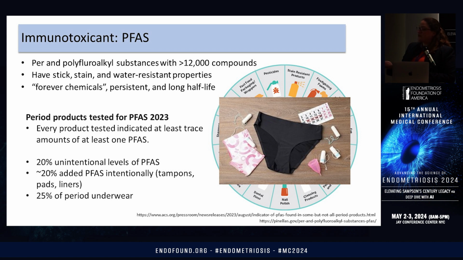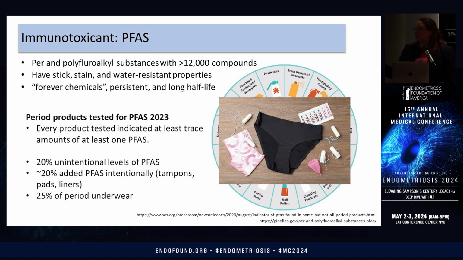So what they found is that every single product tested indicated at least trace amounts of these PFAS substances. 20% of them had unintentionally high levels of PFAS because they weren't added to the product. 20% of them actually had added PFAS chemicals intentionally, and those being tampons, pads, and liners. And what I found to be even more alarming is that 25% of the period underwear, the newest and greatest